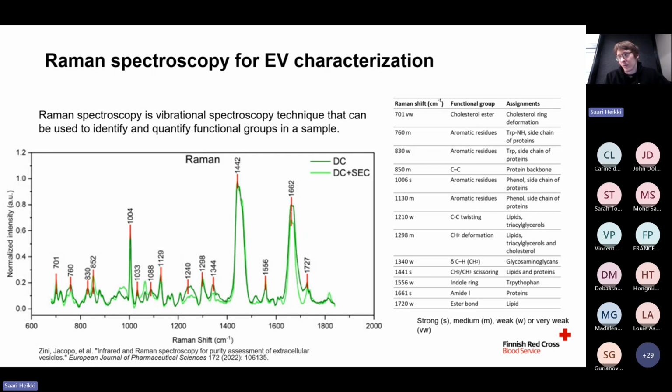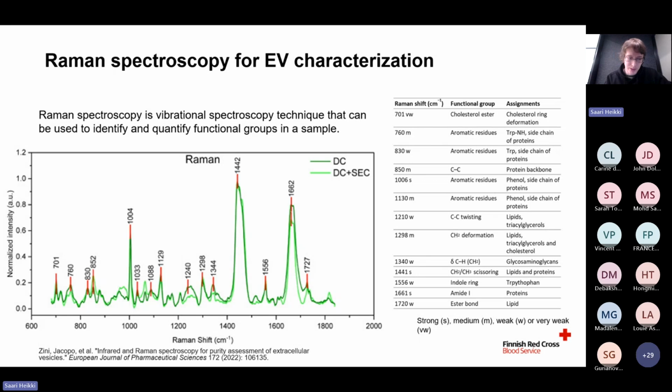So, meaning if there are significant differences in the amount of protein impurities with EVs that are purified with different methods. In this picture, we compare ultracentrifugation and ultracentrifugation combined with size exclusion. And the idea is that, for example, this peak, which is 1442, is mostly associated with the lipids. It has this CH2 CH3 scissoring,